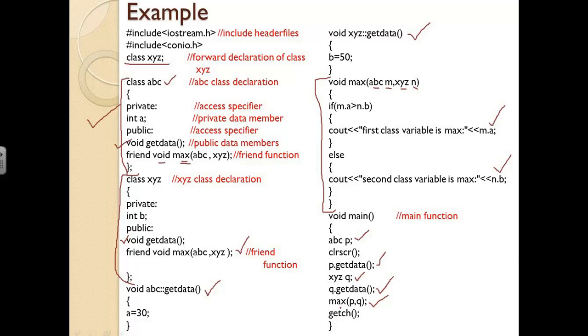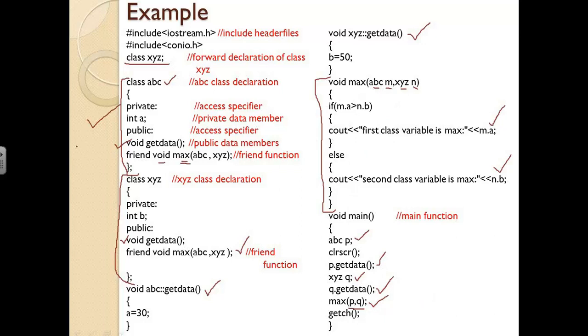In the characteristics we have seen that the friend function will not use any object to access the particular member function. So without any object, directly it will be called like a normal function call. Normally we call the function with the help of the function name. So max of, here we are passing the objects as the actual arguments, so that they come here and the values will be compared within this function definition. I hope you have understood this.